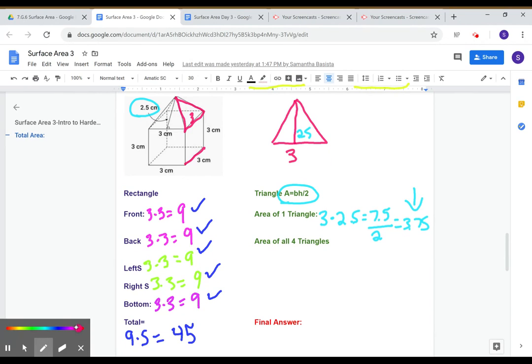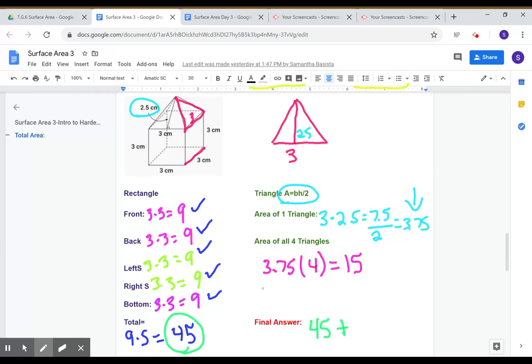Now, I could see that I have 4 of these triangles because the top was the square and there's 4 sides to the square, so there's 4 triangles. So now I had to multiply 3.75 times 4 because there are 4 triangles, which gives me 15. Now all I had to do, for my final answer, was add up the rectangle, which we got 45, plus the area of the triangles, which was 15. That gives me a total area of 60